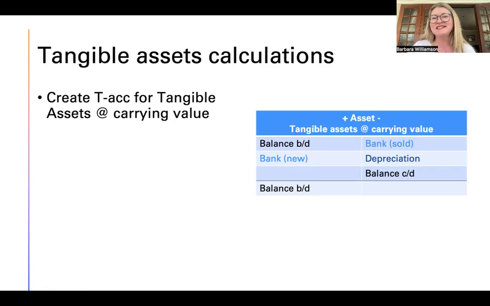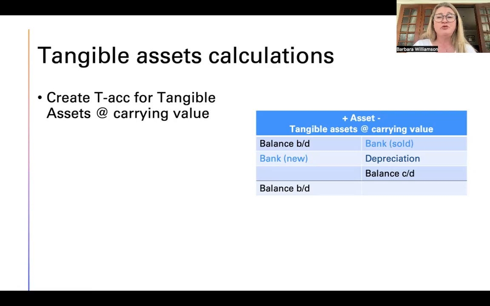Technically, the profit or loss isn't really examinable, but there's always 2% in the paper that the examiner can ask anything they like. And I have actually seen it come up in one of the recent SUP papers where there was a loss on the sale. So just keep in mind that this amount here is the carrying value, and you would then need to adjust for the profit or loss to get the amount in the cash flow